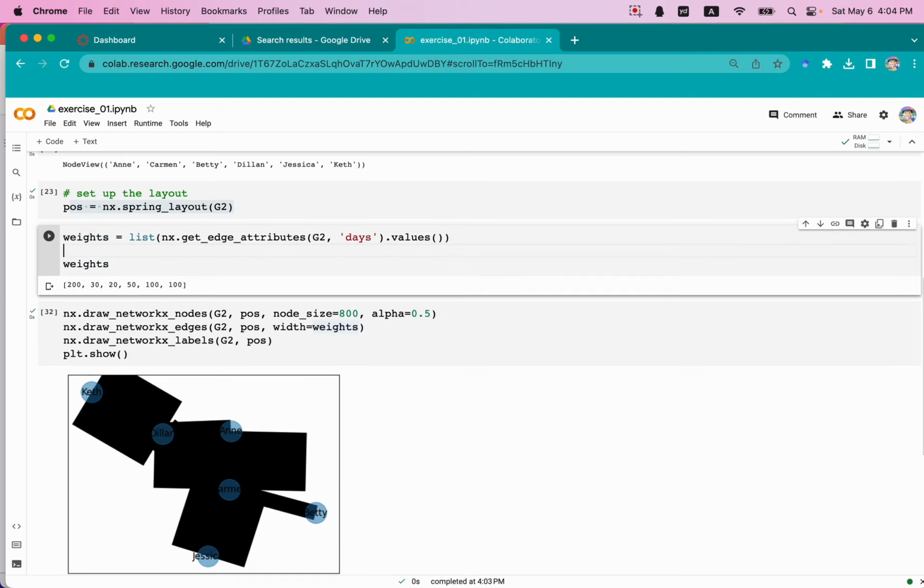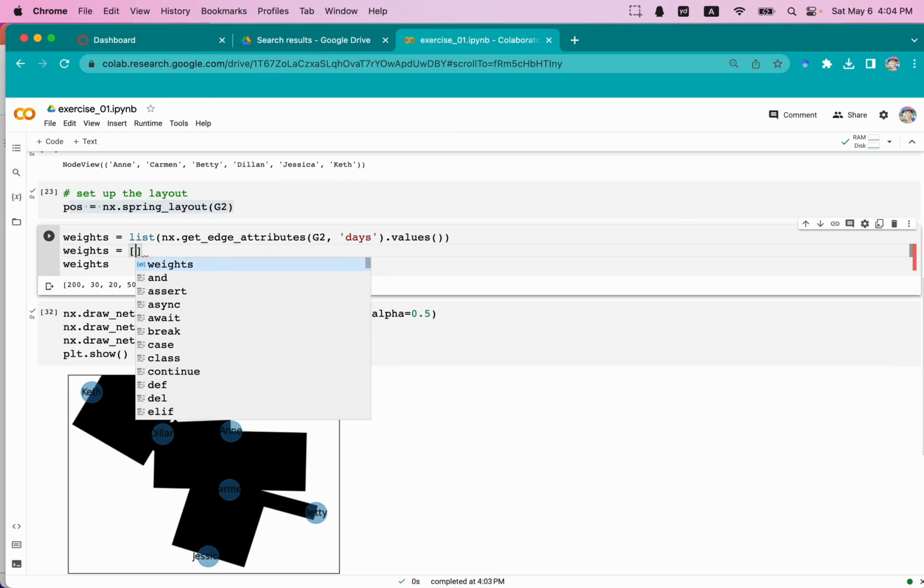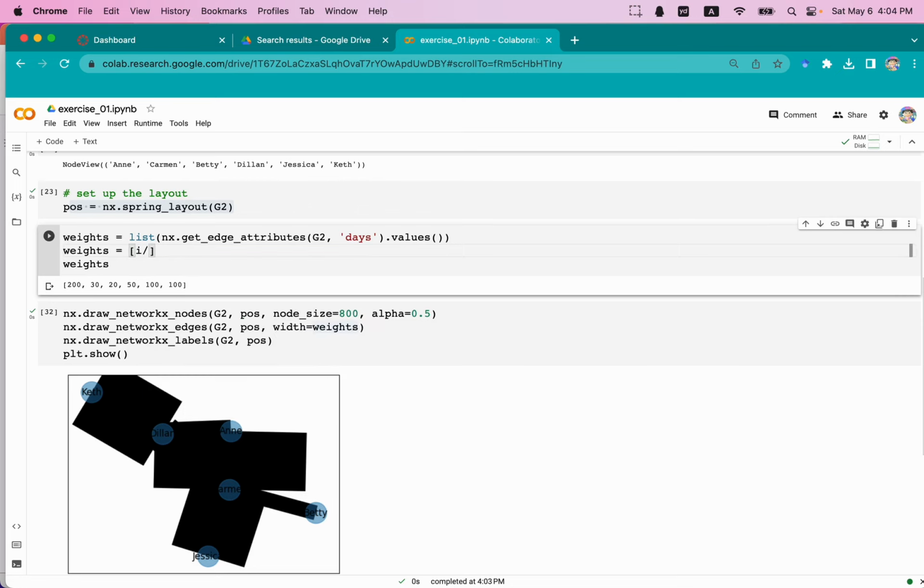In order to do so, I'm going to type weights, and we're going to divide the existing days by 50. So that being said, width equal to list, i divided by 50,